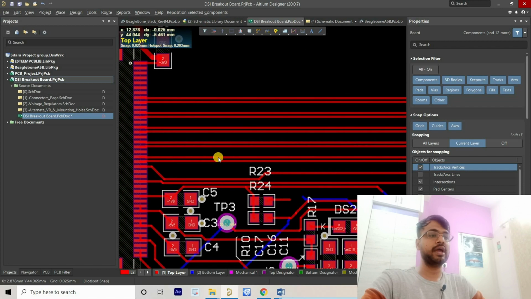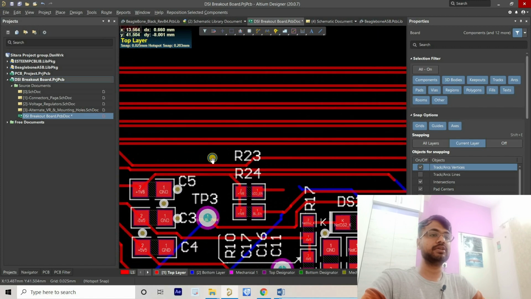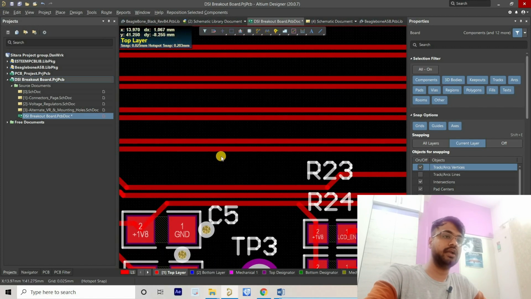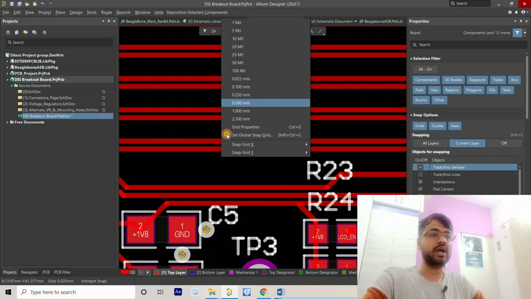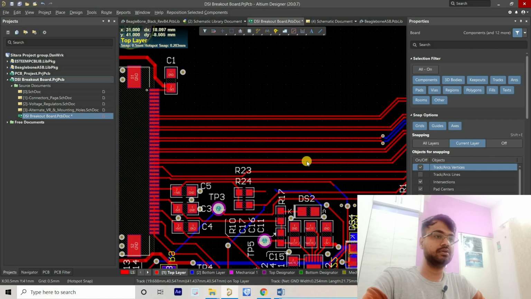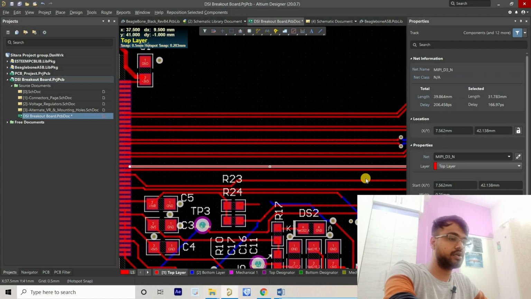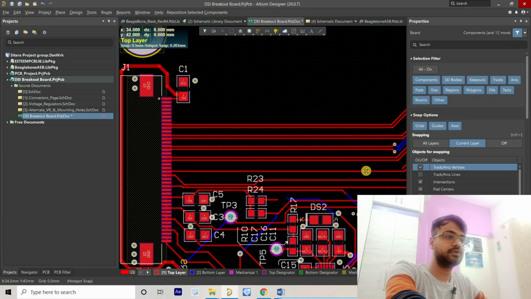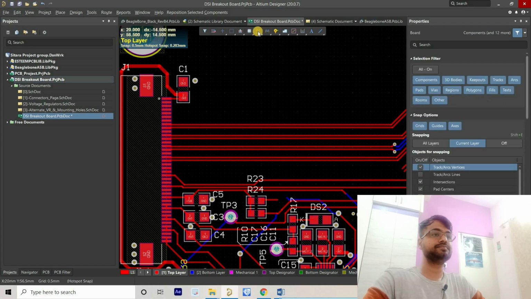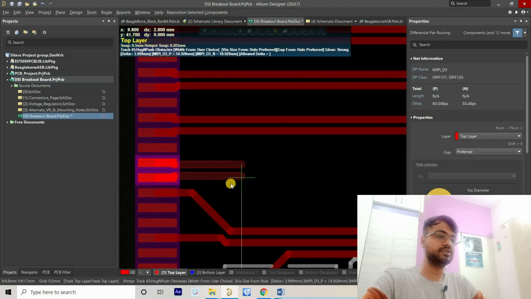So what we will do, let's start with manual length matching. For manual length matching, we'll adjust the grid to 0.5 mm and remove this much of the section, and from here we will start the length matching.